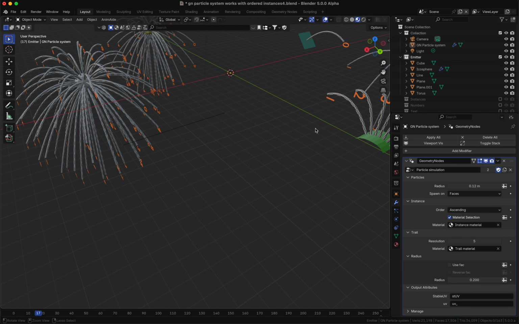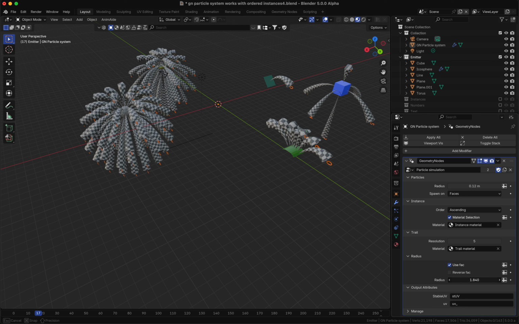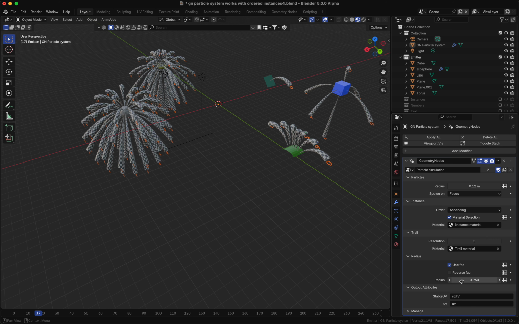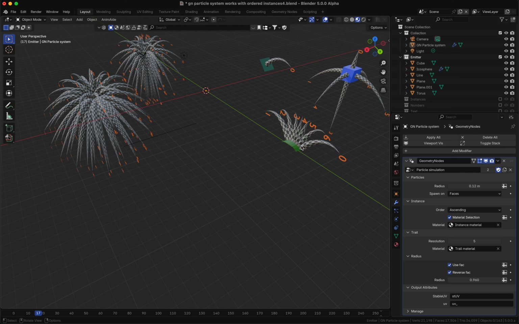And what you also can do, you can use the factor of the spline. So the spline starts with 0 and goes until here the radius you choose here. And what you can also do, you can reverse the factor. So you have the biggest scale here and the lowest scale here at the instance. And